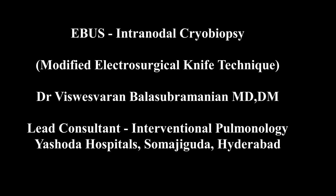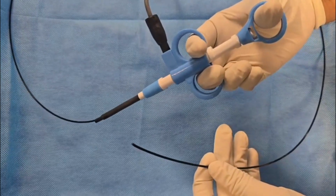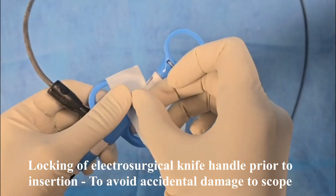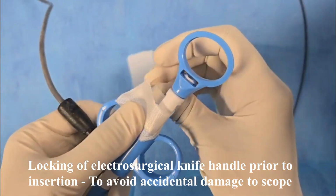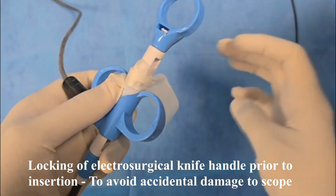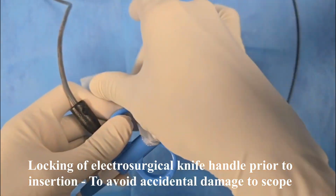Hello friends, today I'll be briefing you about modified electrosurgical knife technique for performing EBUS intranodal cryobiopsy. One of the important complications of intranodal cryobiopsy using an electrosurgical knife is the damage to the scope. To avoid this, what essentially we are doing is we are locking the electrosurgical knife handle prior to the insertion